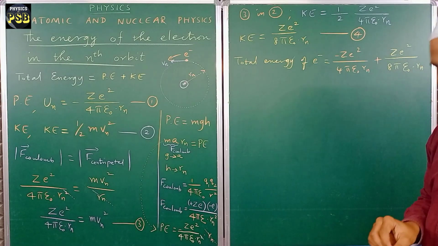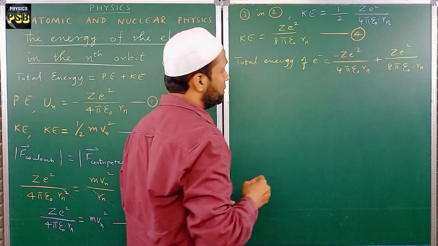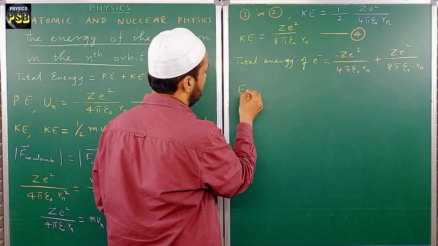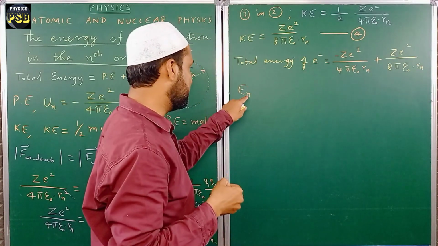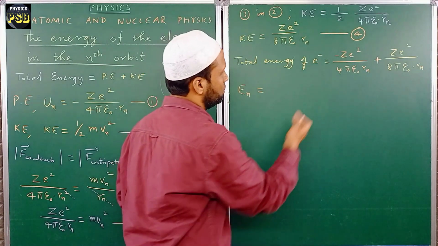So here I represent the total energy of the electron by letter E, and n stands for nth orbit. So En is equal to